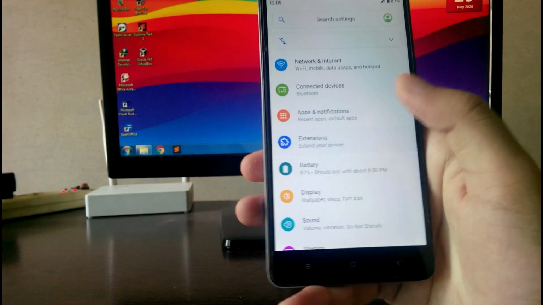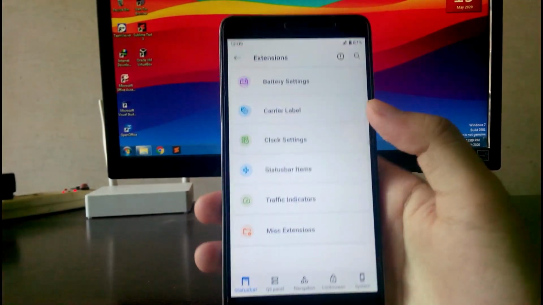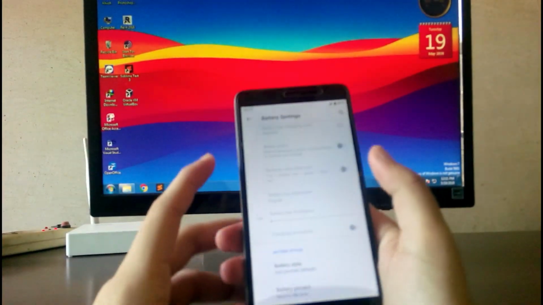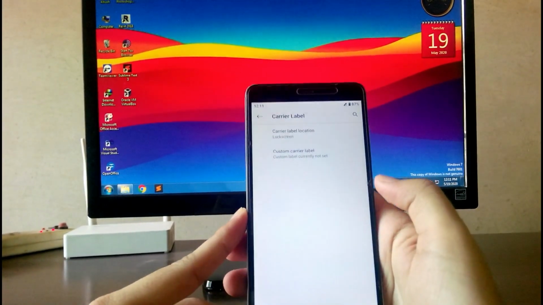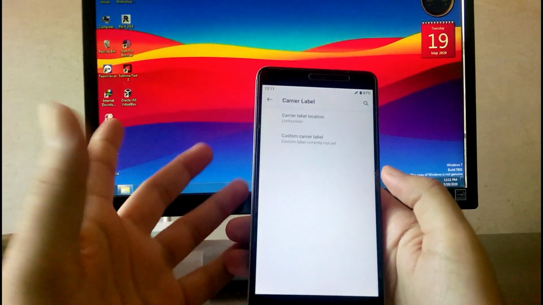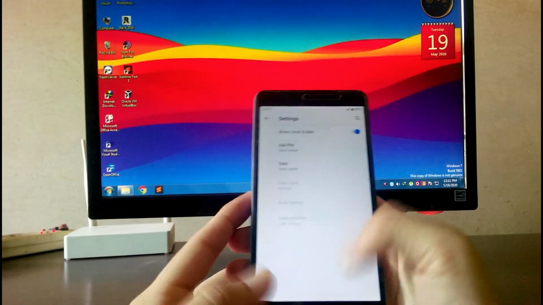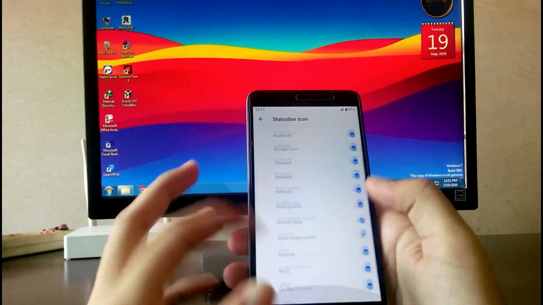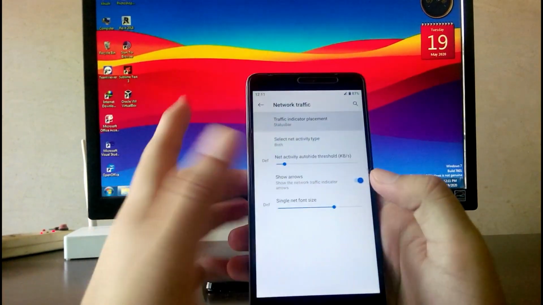Then going to these extensions, the AOSP Extended ROM customizations. Guys, in the extensions you get the battery settings, all the battery stuff, the battery icon style, the battery percentage. Then in the carrier label you get the customization, you can customize the name of your carrier. Then the clock settings, then you have the status bar items, whatever icons you want on the status bar. Then you have this traffic indicator, you can